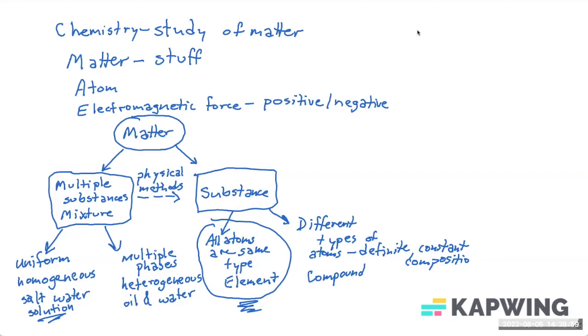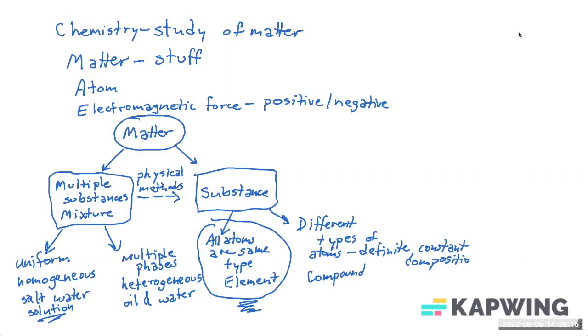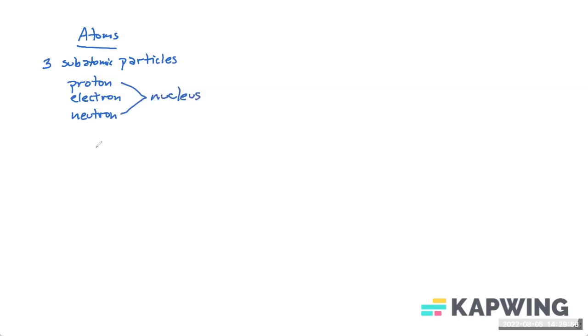Okay, so where we left off, we had just talked about chemistry being the study of matter, which is stuff all around us. Let's talk about atomic structure. You know that atoms consist of three subatomic particles: the proton, the electron, and the neutron. The proton and the neutron are in the nucleus of the atom, and the electron is going around